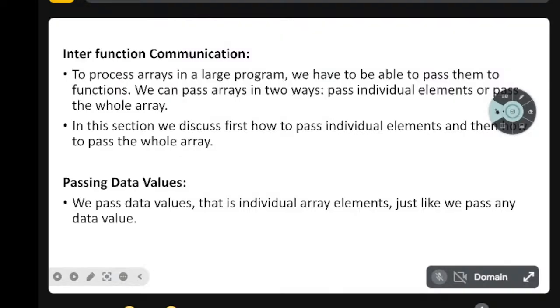Next one, inter-function communication. And our unit 5 is function. Unit 5, as of now, just note down the definition. Inter-function